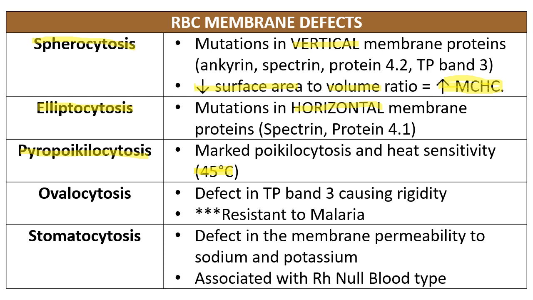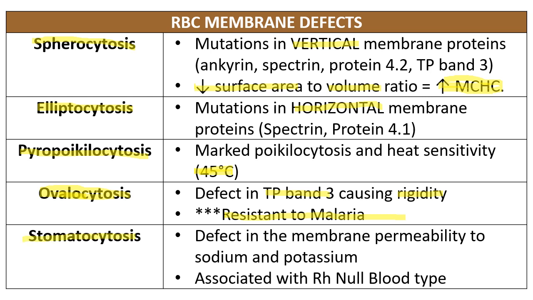Then next, ovalocytosis naman. So, ovalocytosis, meron tayong problem with TP band 3. Okay? Causing rigidity. Very rigid or very hindi flexible yung RBC membrane, hindi nakakalusot sa mga maliliit na capillaries. And hindi rin laging bad news for this type of condition kasi it confers protection against malaria. So aside from G6PD, nagkakaroon din ng protection against malaria sa ovalocytosis. And then lastly,